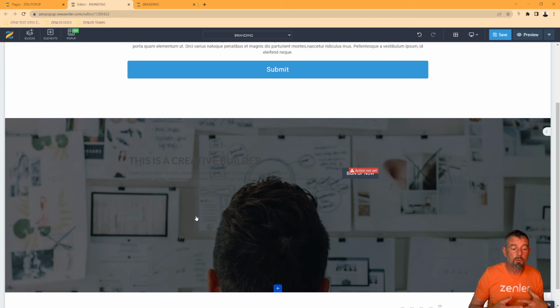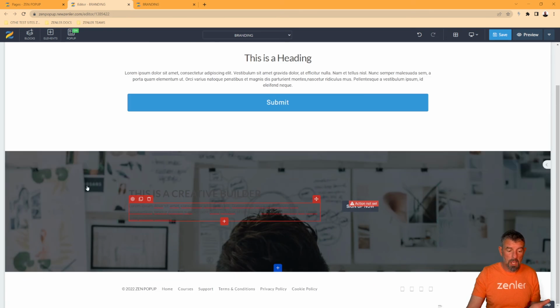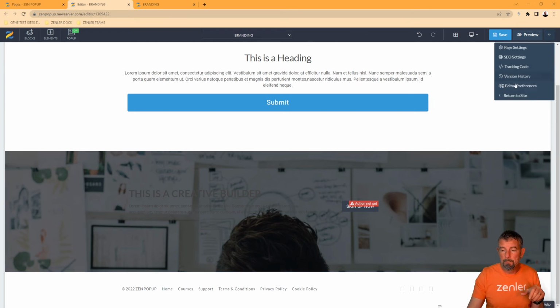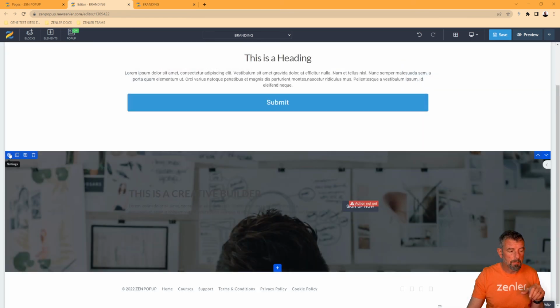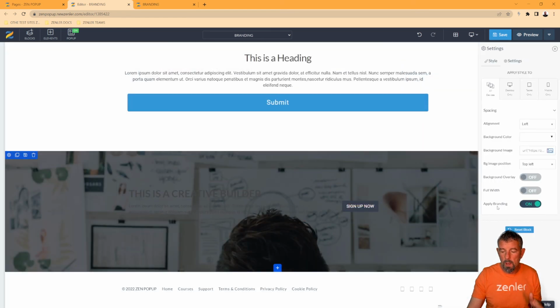It's applied the branding. Remember, you set the branding, you set the text color as this gray. You set this stuff yourself. So it's going, right, okay, that's the block, but you want your branding applied to it because you've got it turned on in here. And also if you click the block itself, because this is default, apply branding's on. So it's applying the branding from the branding area and it's putting it on the block,